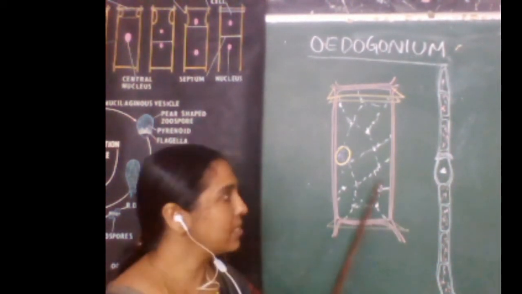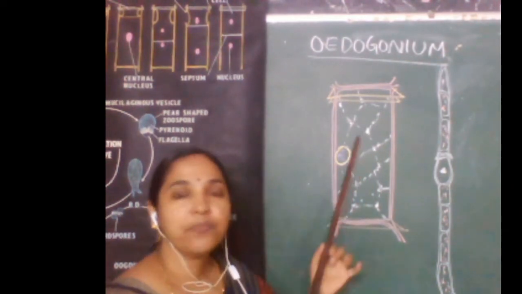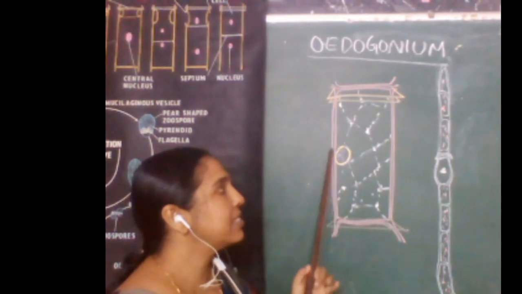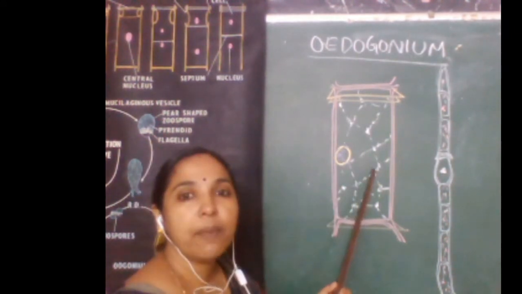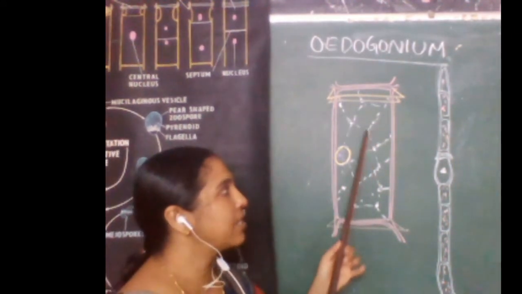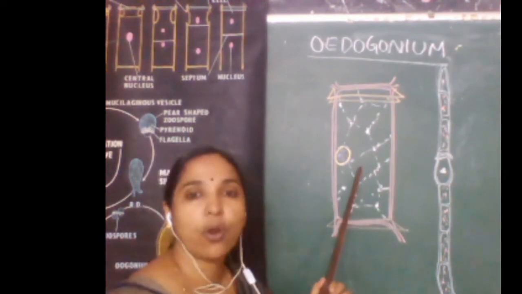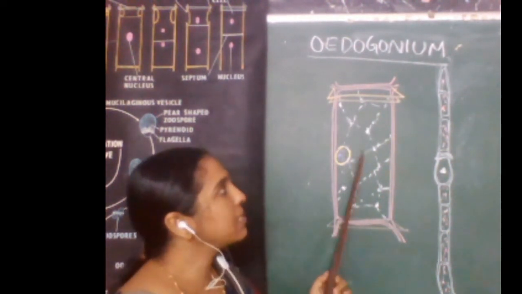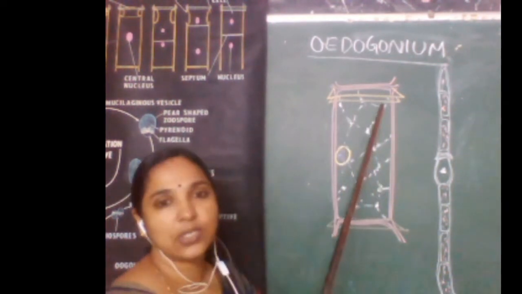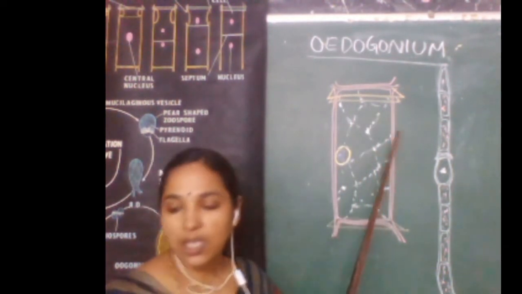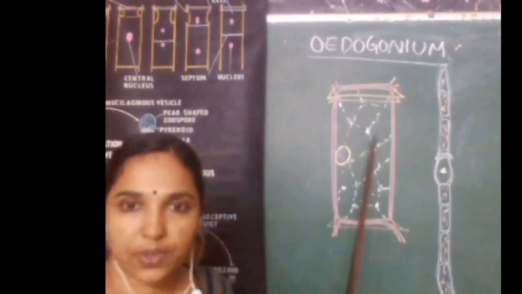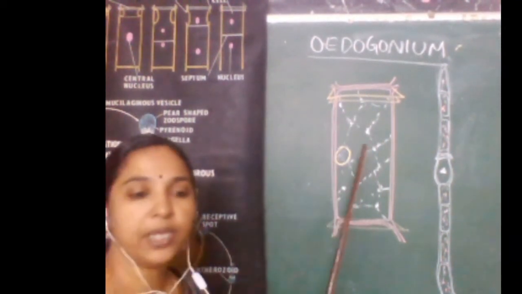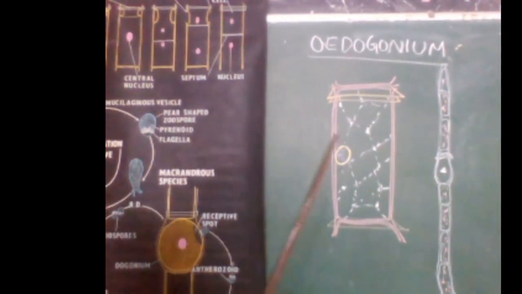Clear? So once again in brief, the cells are longer than broad and have a single nucleus and many pyrenoids scattered along the reticulate chloroplast. This is a network system and having protoplasm and also containing cap cells. This is a typical structure of the Oedogonium cell. Okay. Now we are moving on to the cell division in Oedogonium.